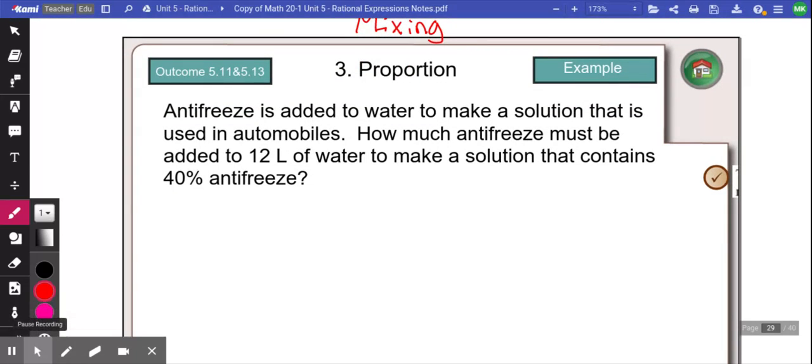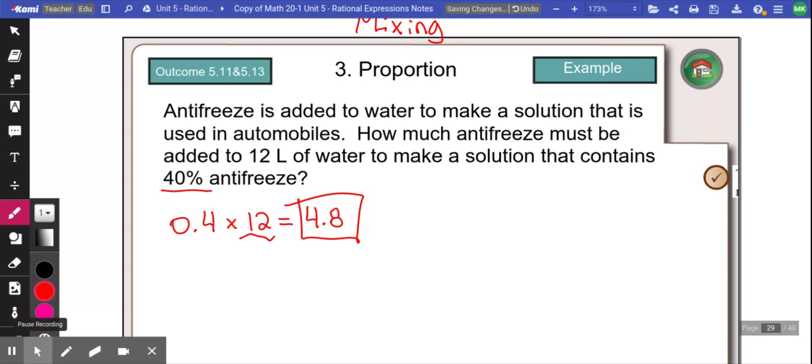Everyone's like, oh, this is the easiest question ever. And they take the percentage, change it to a decimal, 0.4, and multiply it by 12 to find out what 40% of 12 is. They get 4.8, and everybody answers 4.8, and they're like, oh, that's the easiest question on the test. And I'm like, no, it's not 4.8, you crazies. What this just calculated is what 40% of 12 is, and that's not what you want. You want the mixture to be 40%